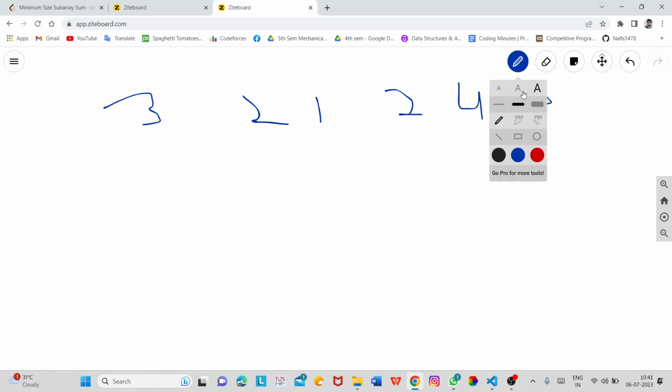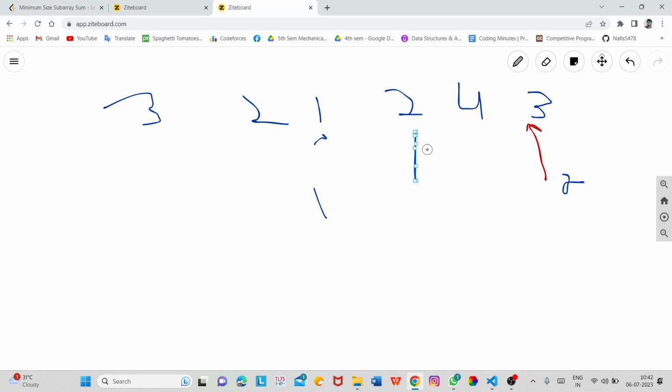So basically when our R is at the last index, you can see that this is our R, and let us say this is our L. The sum of the subarray is 2 plus 1 plus 2 plus 4 plus 3, which is 12. So we will increase the value of L because we have reached the end with R, so we cannot move further, and the loop will automatically break.